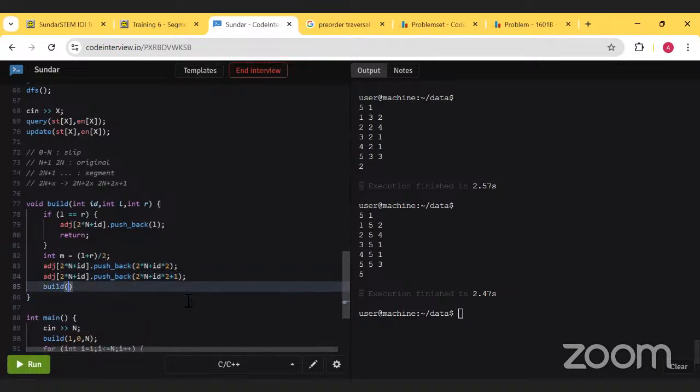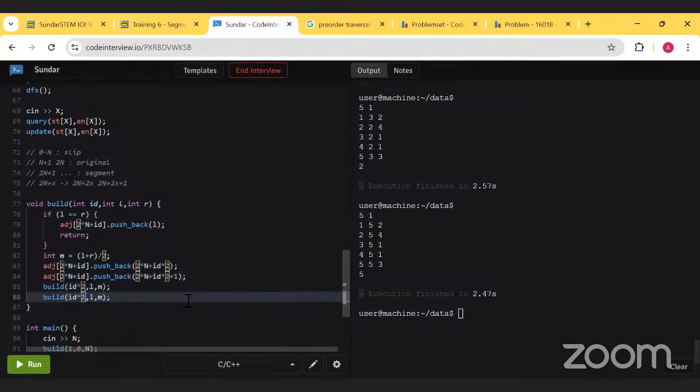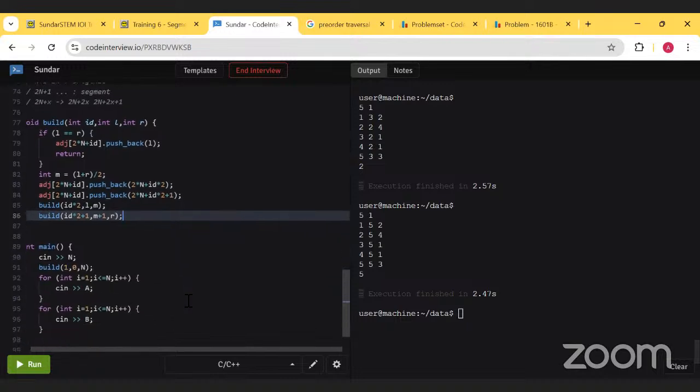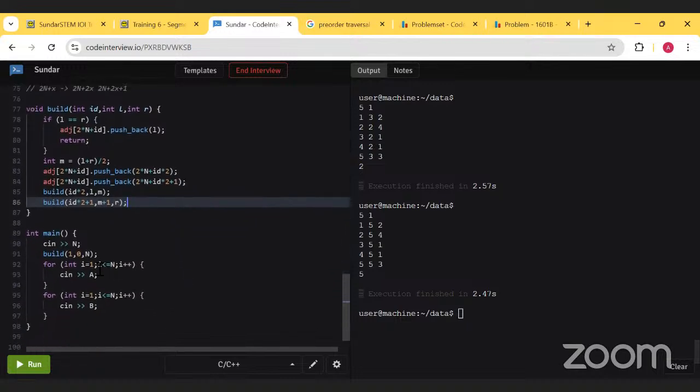And then we have to build the children. Okay, after we build all of them,